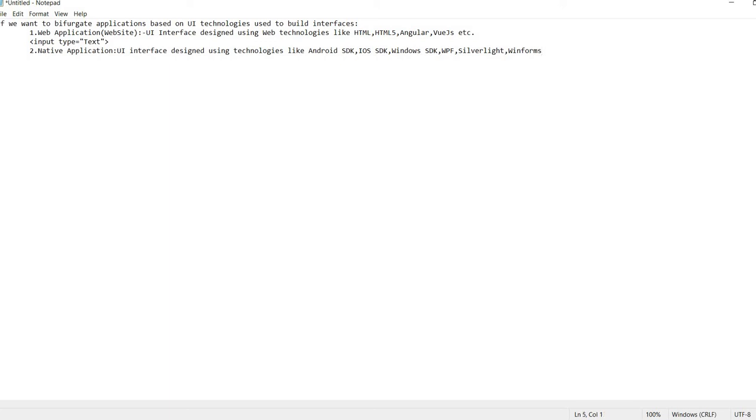interface design technology. And the third and very important point is the hybrid application. Now what is a hybrid application? A hybrid application is where the UI interface of the application is a mix of web as well as native, a mixture.